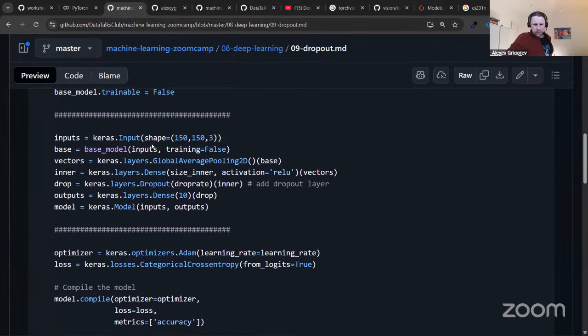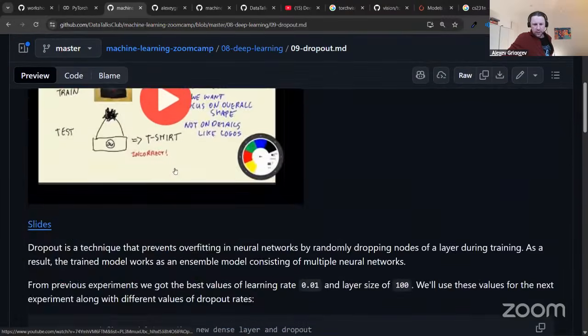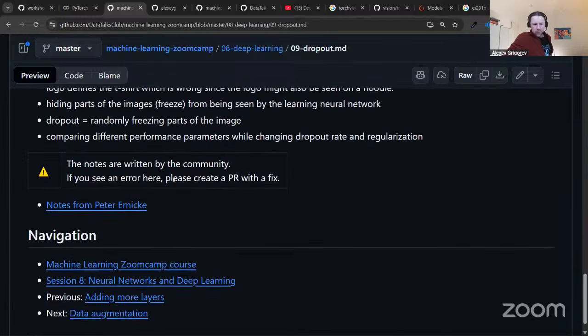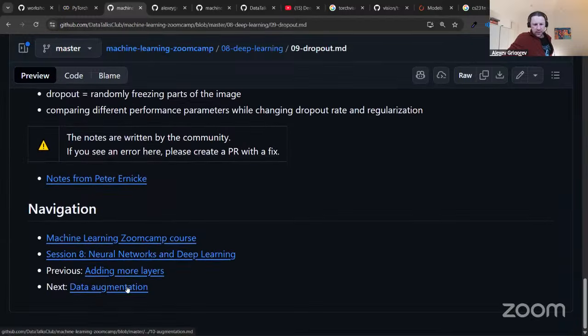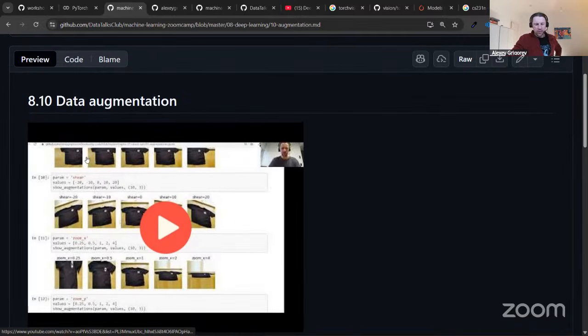Here again, you can learn the theory about that. And the next step, data augmentation. So this is a different form of regularization. Dropout is one way of regularizing your neural network. You're just hiding parts of that neural network or the parts of the image. And this way you make sure it doesn't overfit. Another way would be what we call image augmentation or data augmentation of the images that we train on, because we know that,